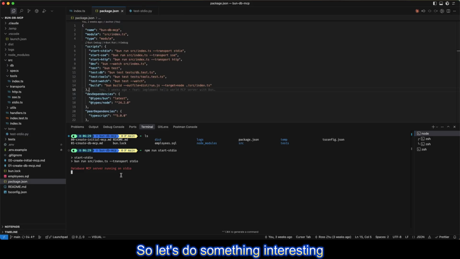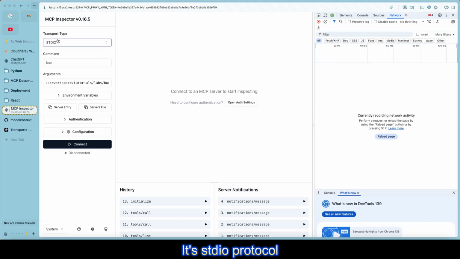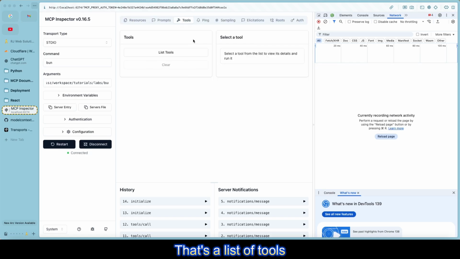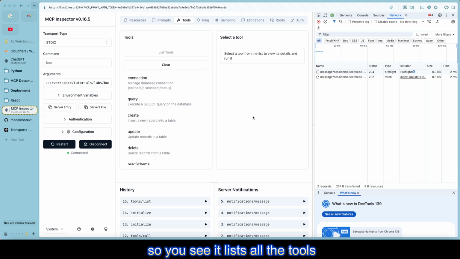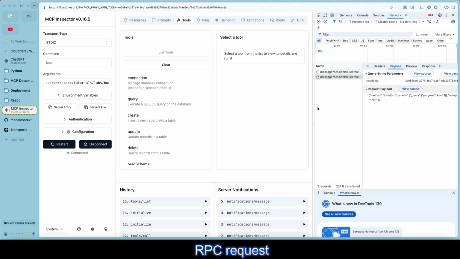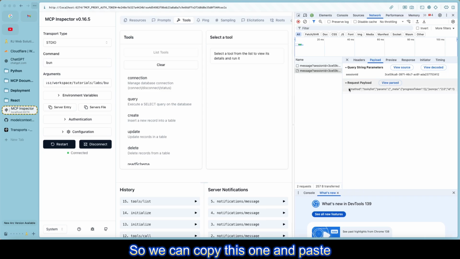So let's do something interesting. Let's come back to the inspector. It's the STDIO protocol, it's bound, it's passed. Okay, now let's connect it. Okay, let's first try the tools. Let's list the tools. Okay, so you see it lists all the tools, and from here you can see it just sends a JSON RPC request. So we can copy this one